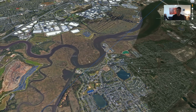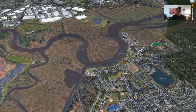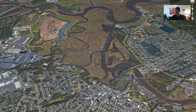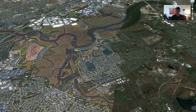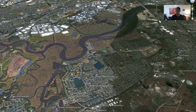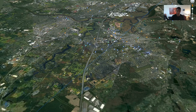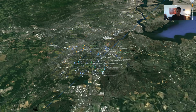And many researchers, such as Michelle Gibson and others, have talked about these S-shaped rivers and how they were not natural as we've been taught. They were part of the geoengineering of the previous civilization. But it is interesting to note that this town of Sayreville was involved in the reset in a big way. And if you look into Sayreville brickmaking, you'll find some interesting stuff. So I wonder if they were just taking over from before. Anyway, there's a golf course, also a mound, and